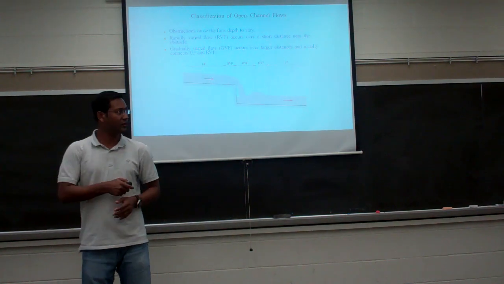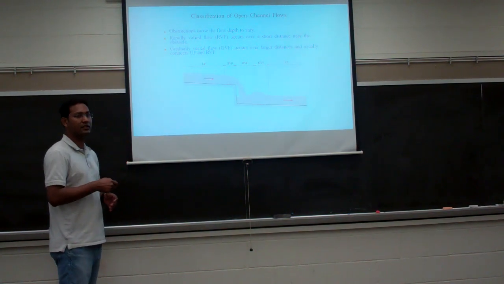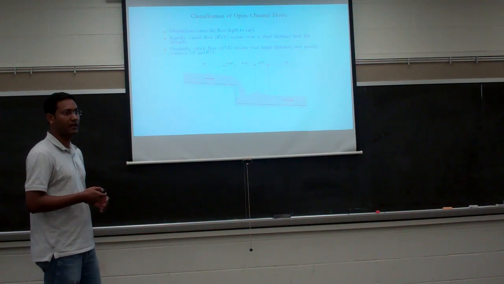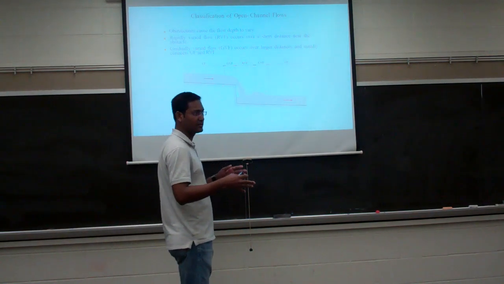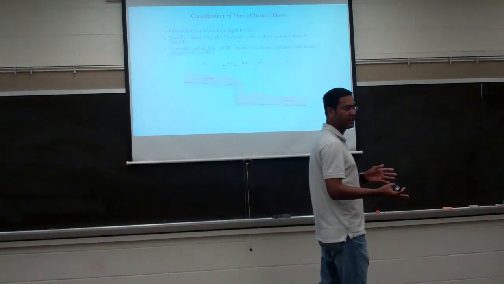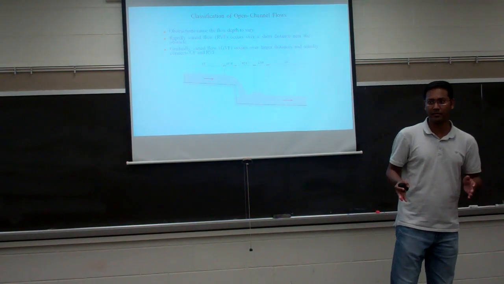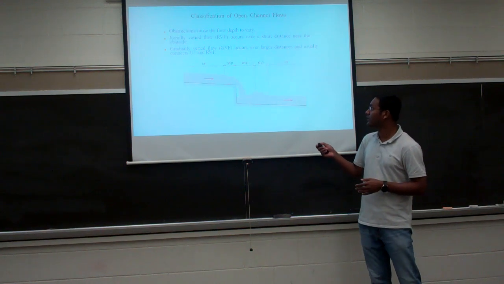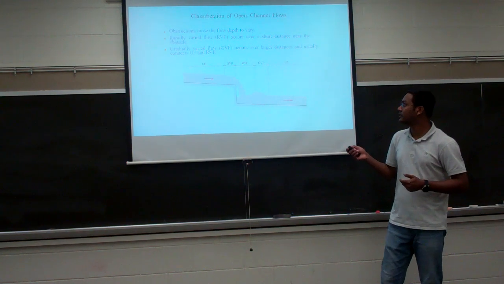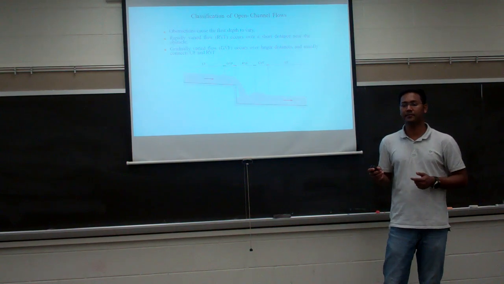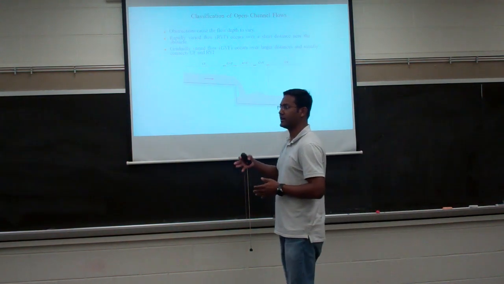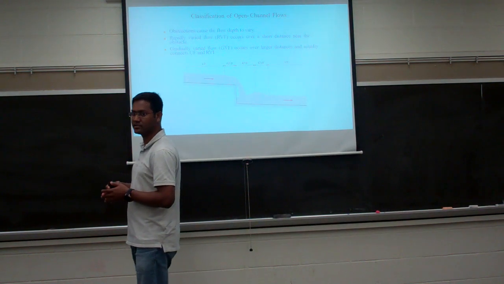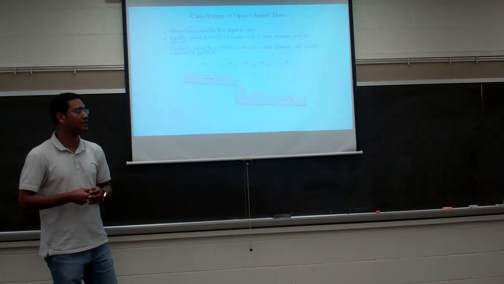So at this location, the flow is gradually varied flow. And after that, when the free fall occurs, what happens? It drastically changes its velocity and other parameters, right? So then it is called rapidly varied flow. And after that, the flow will again be a gradually varied flow. And finally, after reducing some energy, the flow will also be uniform flow.